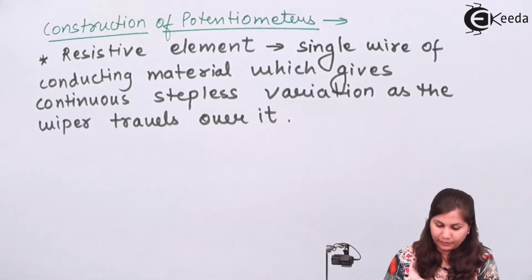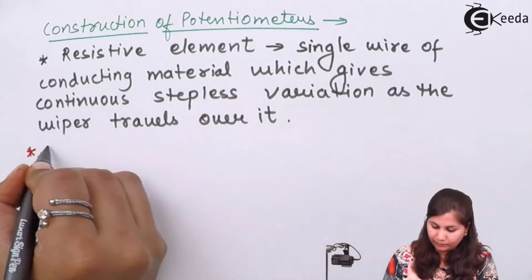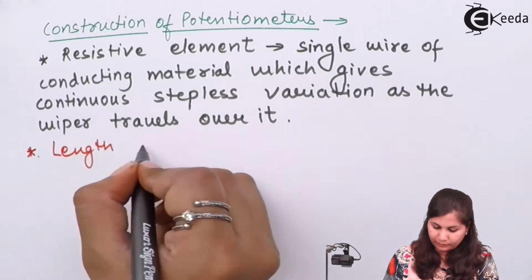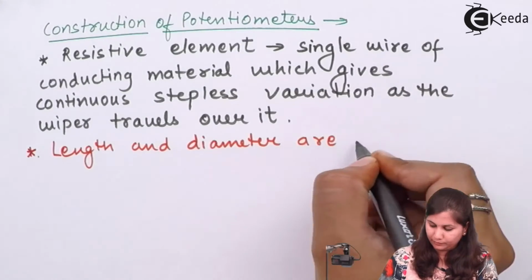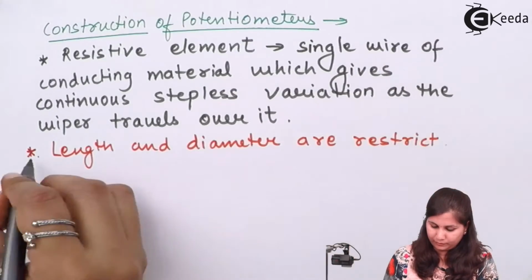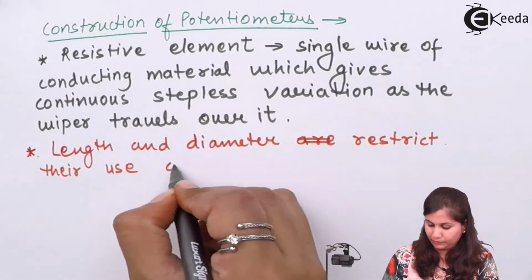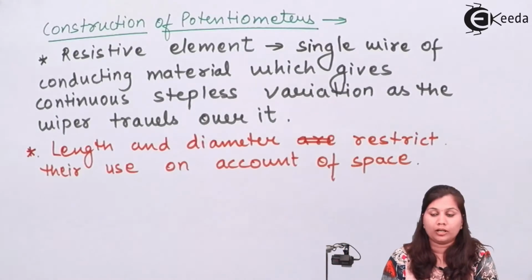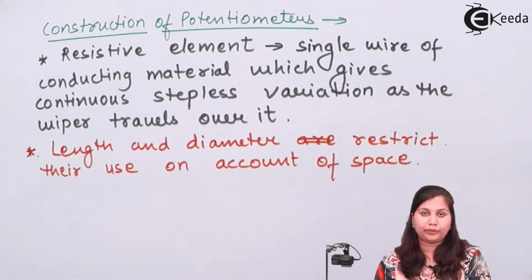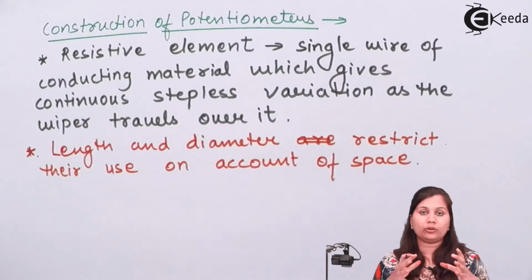Now, in the case of the translational potentiometer, which is a straight device, we have to use a straight material,